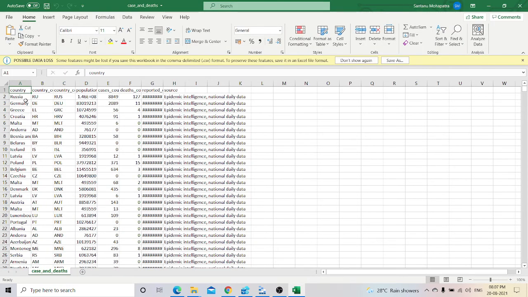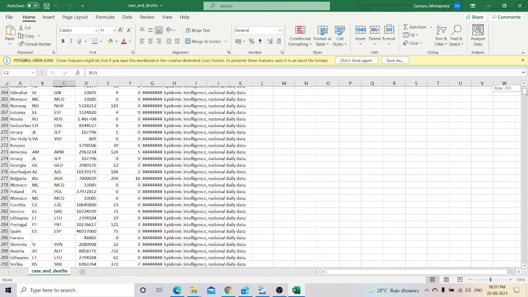Here you can see that the data is based on the country, and based on the country it is given the country code, the 2-digit country code and the 3-digit country code. Remember that we have already given the option for both country codes, that's why both the 2-digit and 3-digit country codes are displayed. And here it is given the population of that particular country.